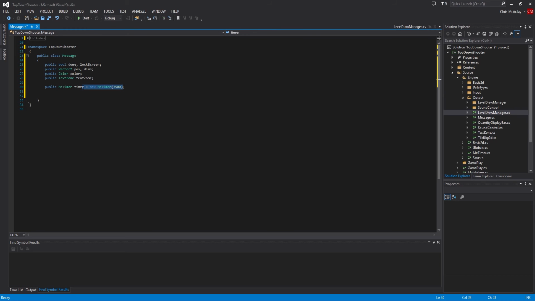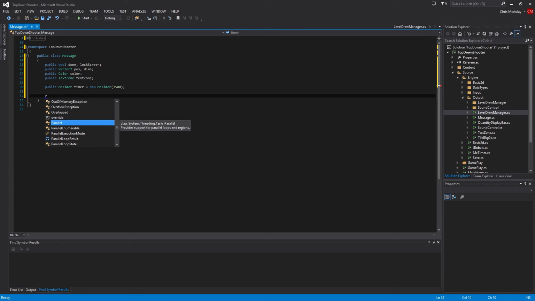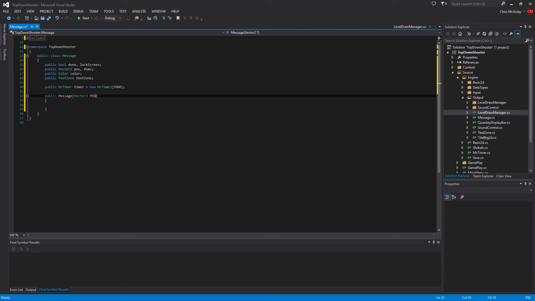You know what? We are going to create that. So never mind, I'm going to change what I did for my prompt. All right, so public message. It's our constructor, right? And then what we're going to look for is we want to do the vector2 position, vector2 dems, string for message, because we're taking in enough information to fill our text zone, and one of those things is the message. Color,